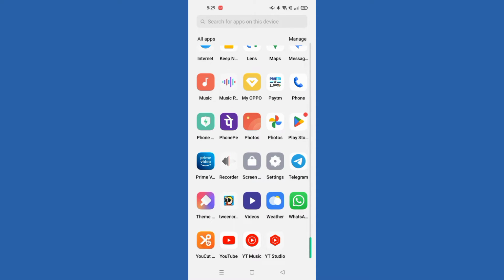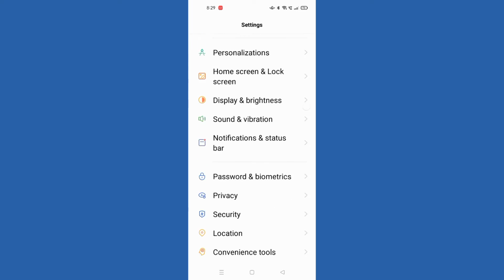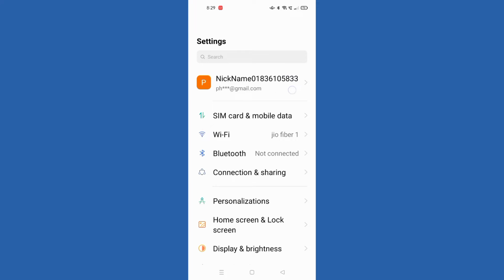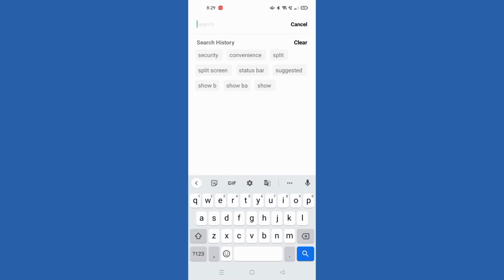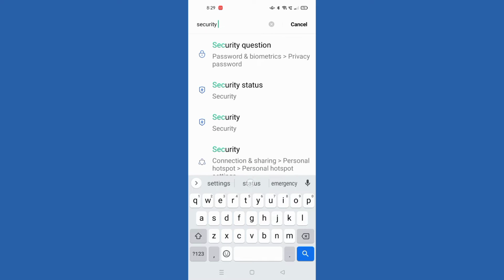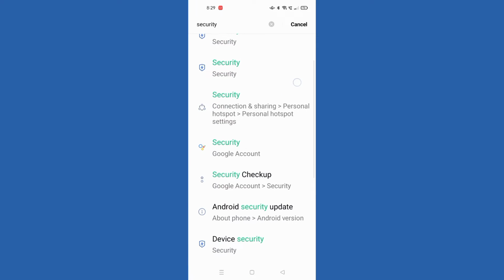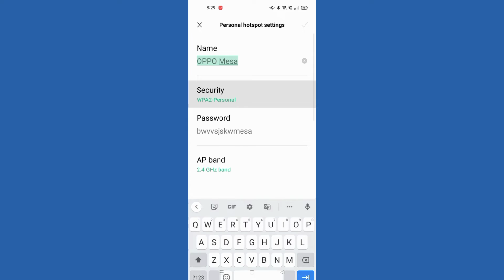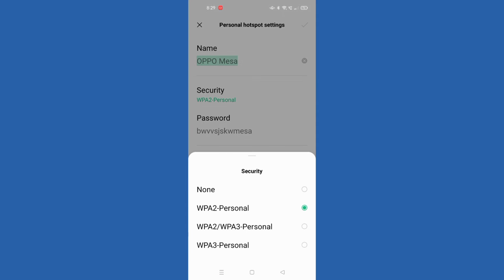Here, firstly you have to move on to settings. After that, you can see the search bar, so click on the search bar and search for the security. Okay, so I search for the security, but we have to search the security, connection and sharing. So here is the security and connection sharing. Just click on it. When you click on it, this is the security, so you can check from here the